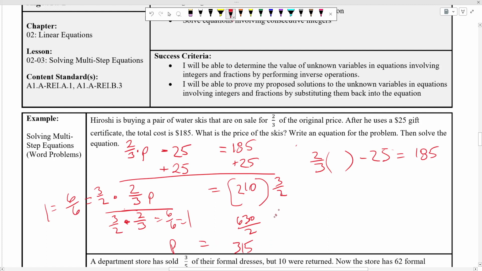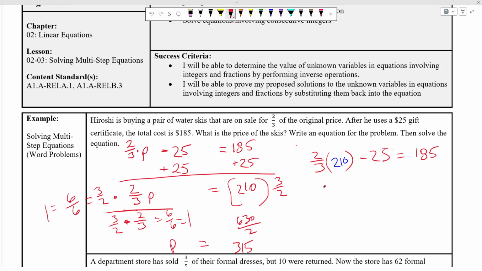That is why, if I would have gone through the 210, now that's interesting to see. Let's go back and see that actually, because this is a really good example as to why we prove things out. Let's see, if I would have stuck with that original 210 that we had,